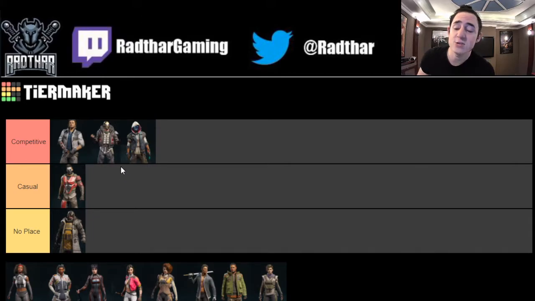That takes us then on to Glitch, who I'm also going to put as a competitive pick. Again, fantastic in casual, but he works so well in competitive because of his ability and how useful it is in the competitive scene. It destroys basically any equipment from the enemy team and means when you are breaching a site, having a Glitch with you can be really strong,